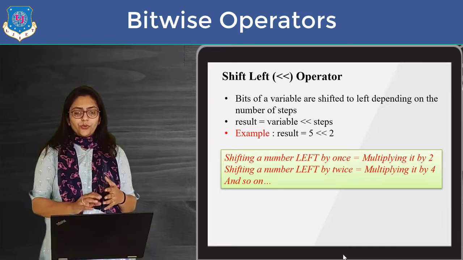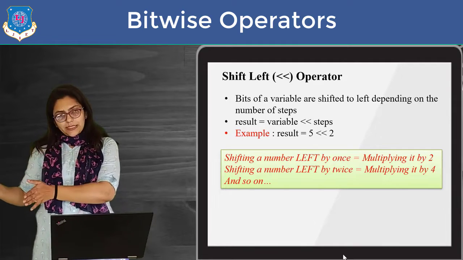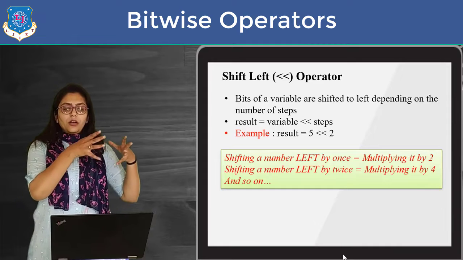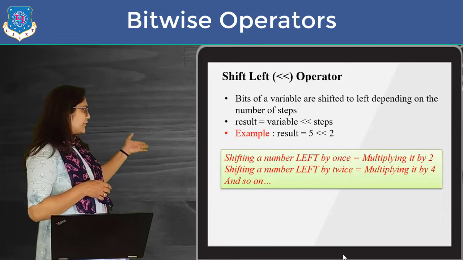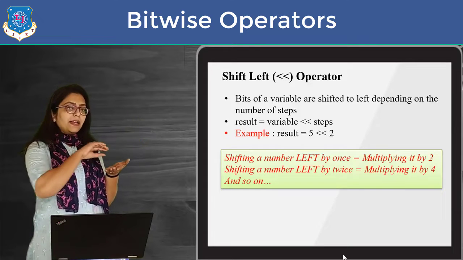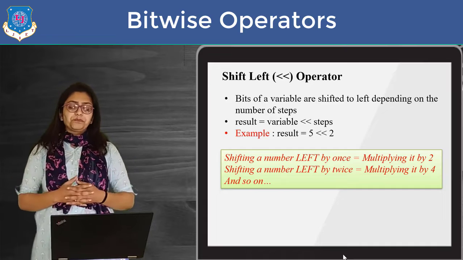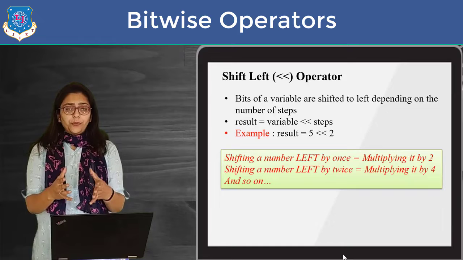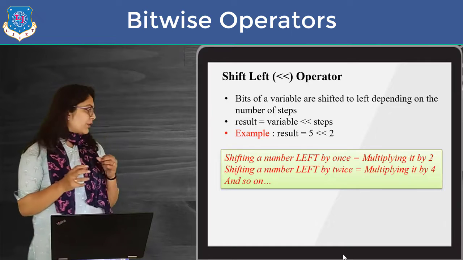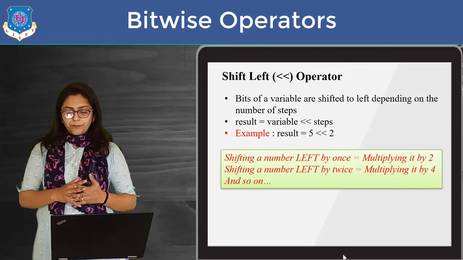So how can you use shift operators? Suppose you want to shift by 2 places. Then you can write the variable, as you can see here I have written 5 left shift operator 2, that means the binary of 5 will be shifted 2 places in the left direction. So you will get something like this. I'm going to give you one program which will show how exactly we are getting this, but right now just understand.